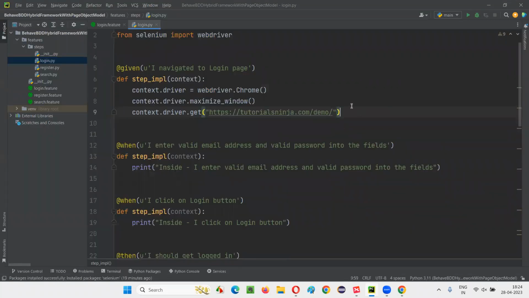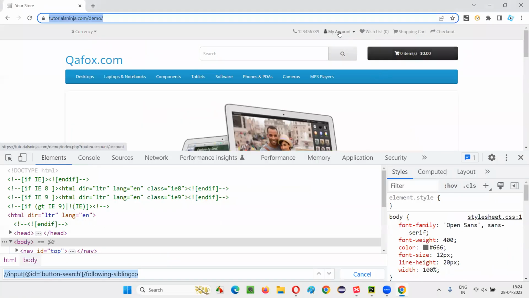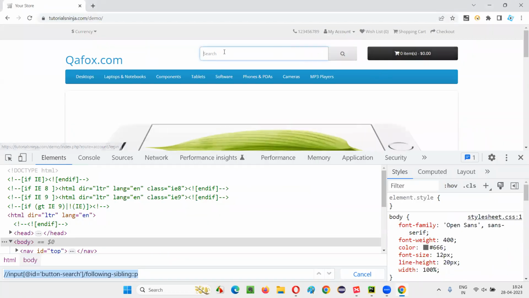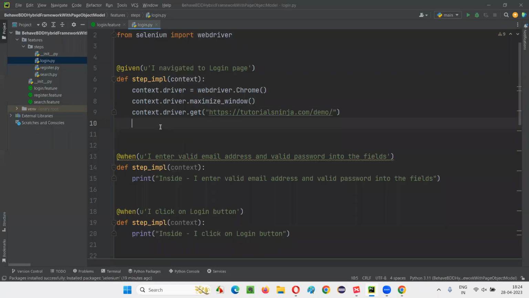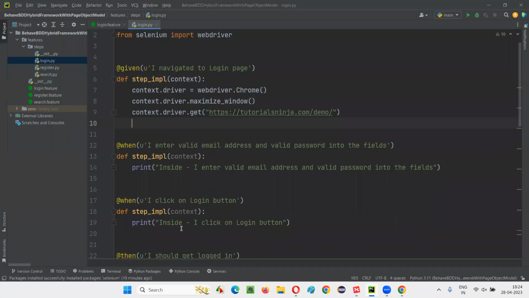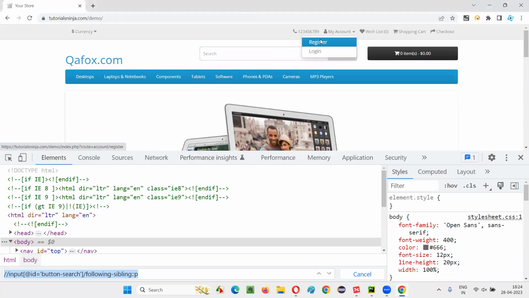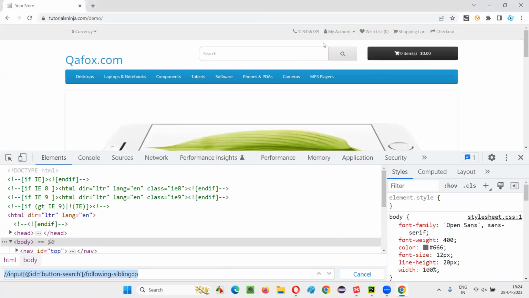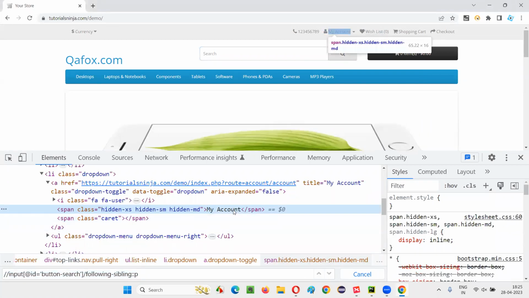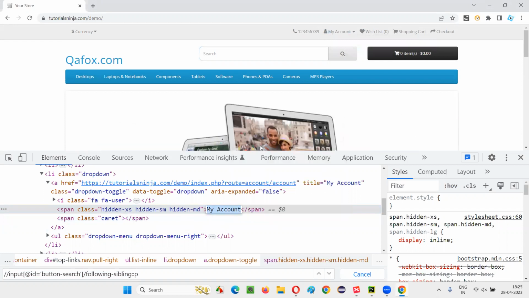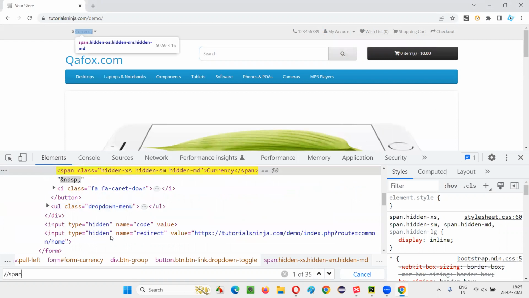it here. And after that, we should navigate to which page? Login page. Okay, so I need to click on my account and then select login. Then only this step will be completed. Till then, the step will not be completed. So how to write that? For that, inspect this my account option. And here you see some text between the tags are there. Copy this text which is there between the span tag and create an XPath expression for the